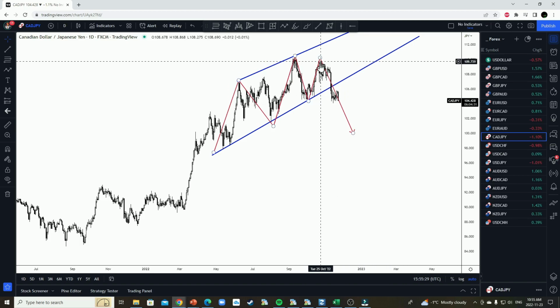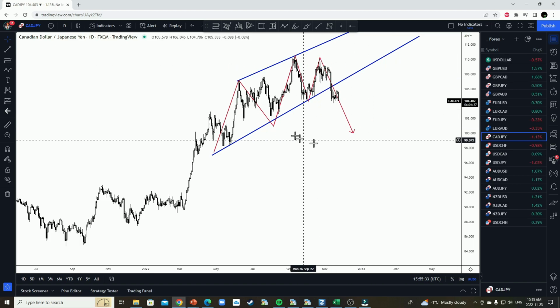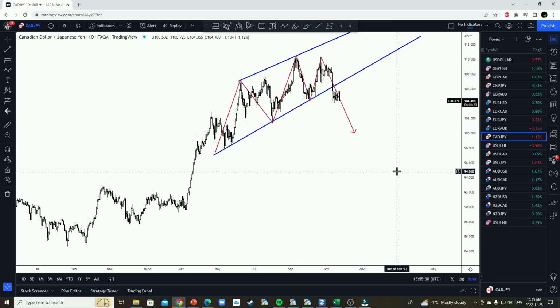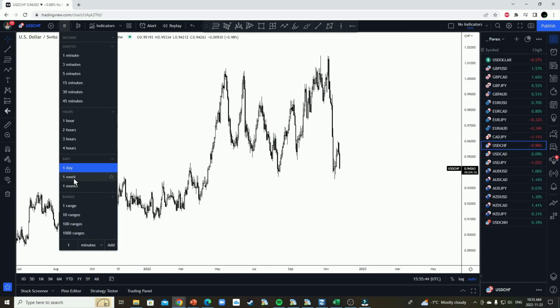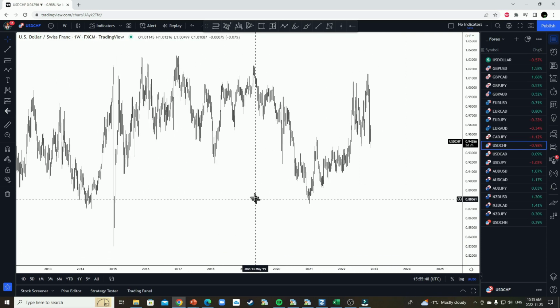So I find that this indicates a lot of weakness usually, and I can make some money with these type of patterns. So that's the other trade that I'm short on, and the other one is USD CHF, where if I look on the weekly here,